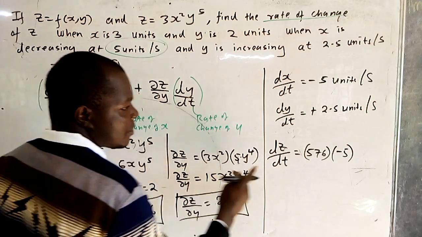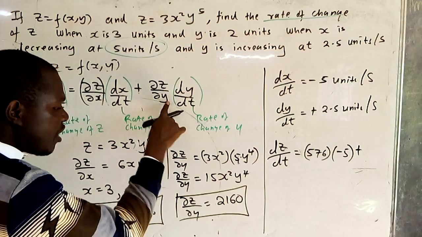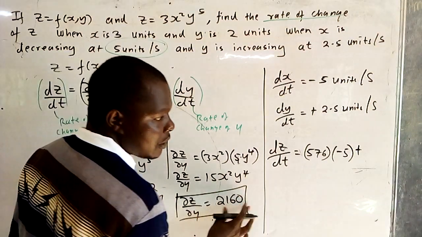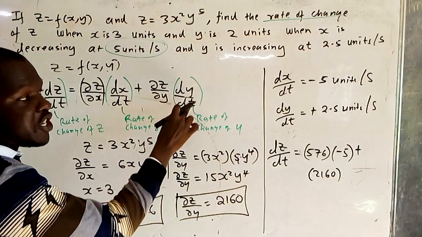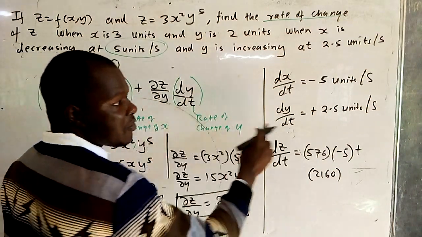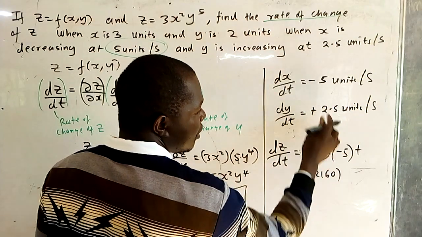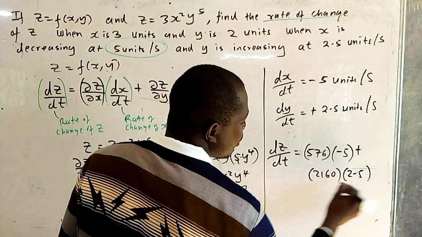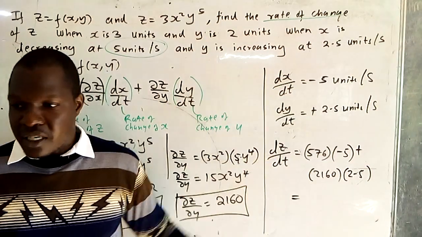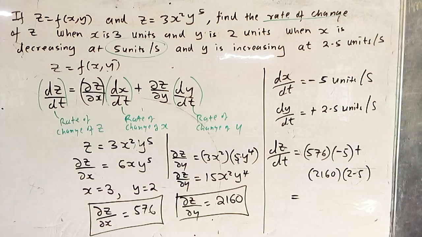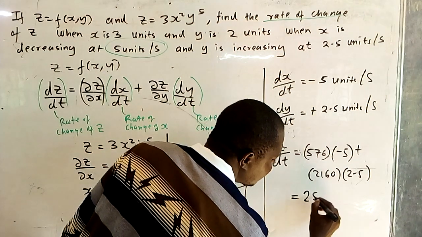So then it is plus partial z over partial y, which you found is 2160. Then it is times the rate of change of y, isn't it? Rate of change of y, which is positive 2.5. So what do you get if you work that out? What do you have? 2520. So we have 25